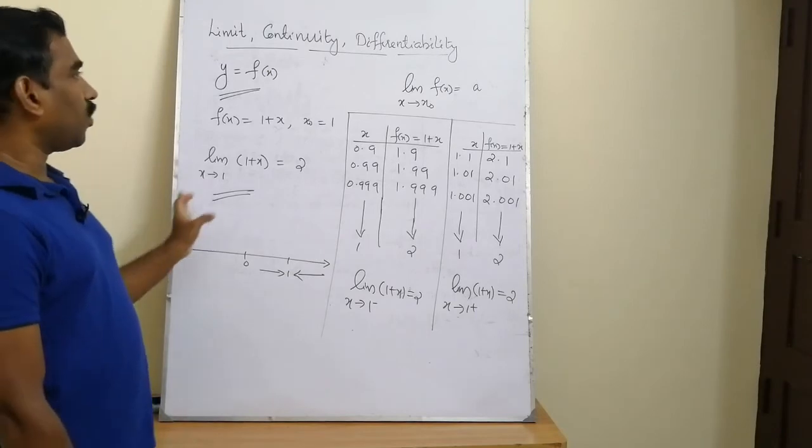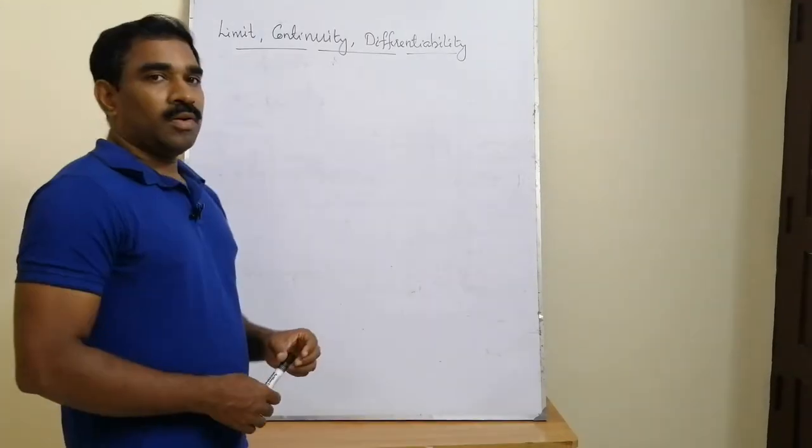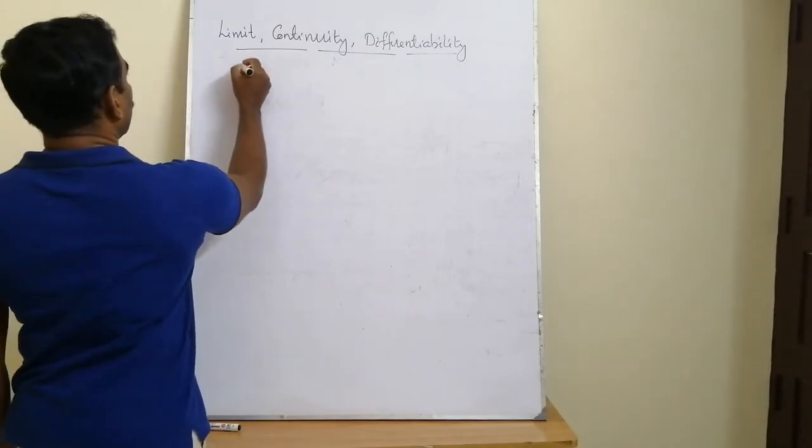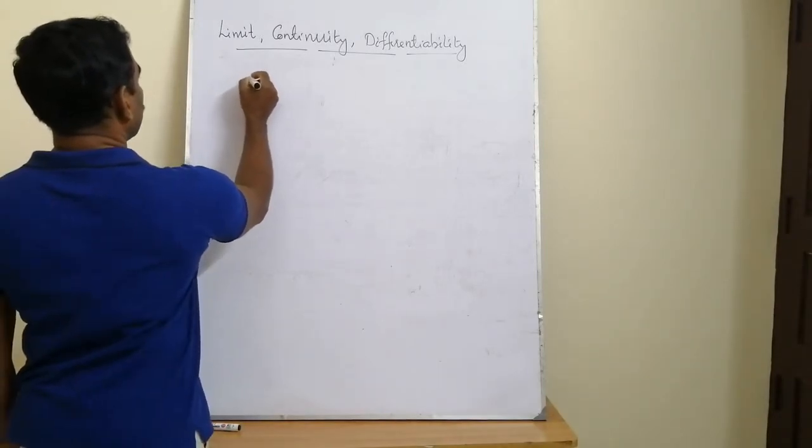And we can extend this concept for complex numbers. Now as in the real case, a function f is said to have the limit L as z tends to z0, or z approaches a fixed point z0.